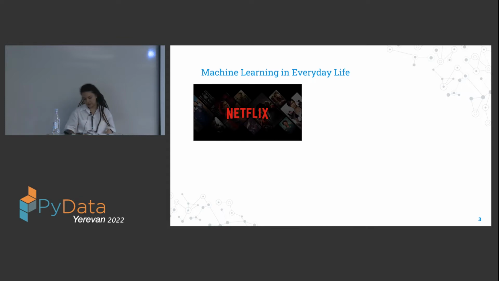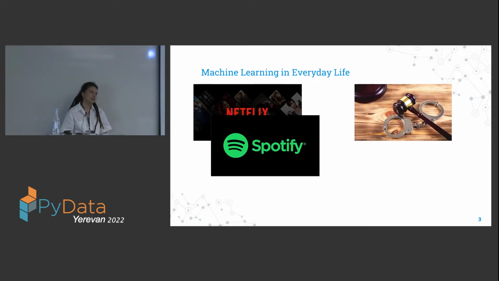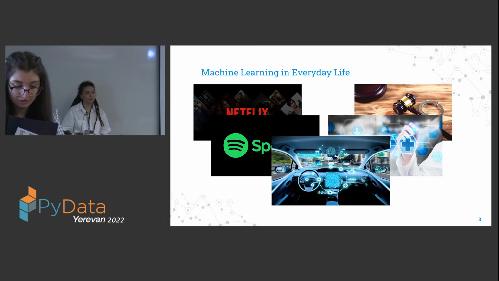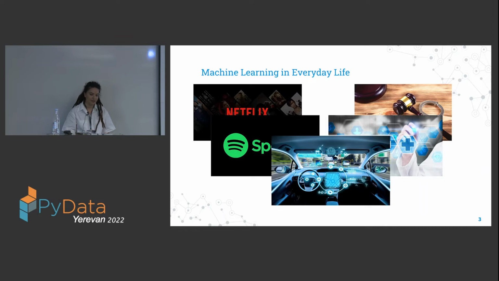It's even more involved than we can ever imagine. It starts from basic movie or song recommendation on one hand, moving to criminal justice and electronic health record management on the other hand. And the recent implementation of machine learning and artificial intelligence was self-driving cars. Given the criticality of domains where machine learning and artificial intelligence techniques are implemented and used, it is very important to have highly accurate models because one simple misclassification might affect someone's life.